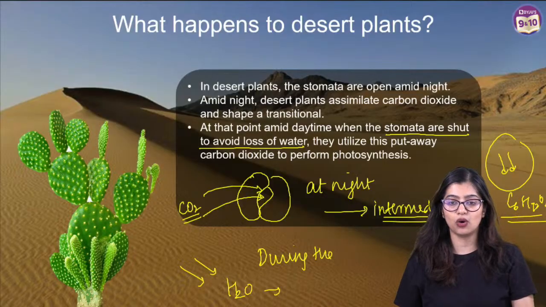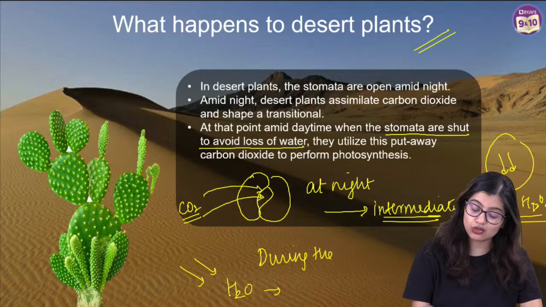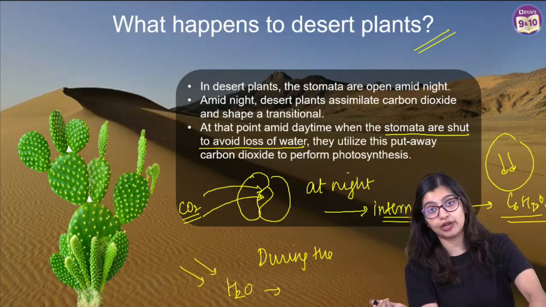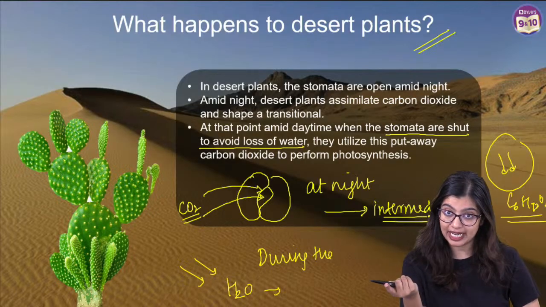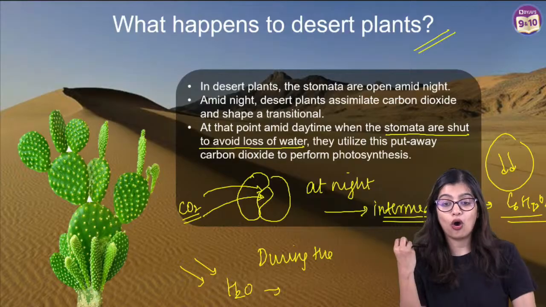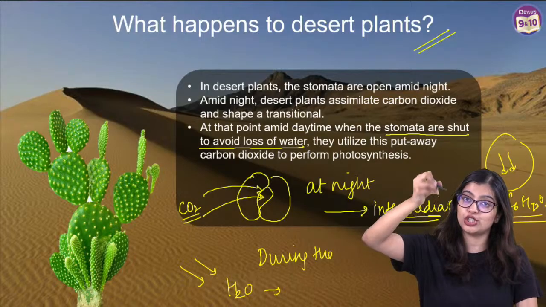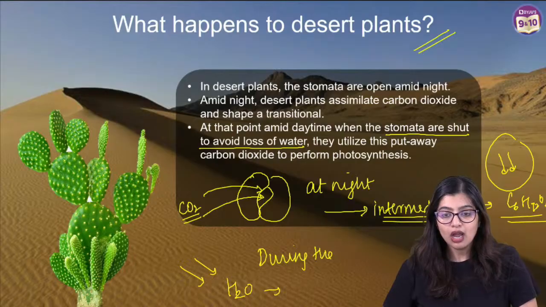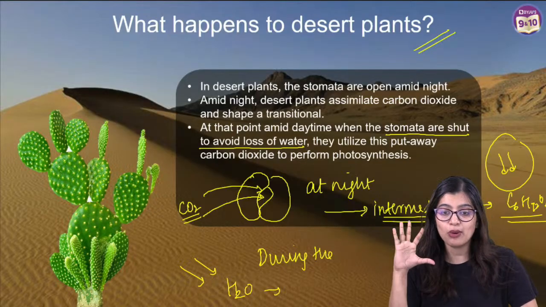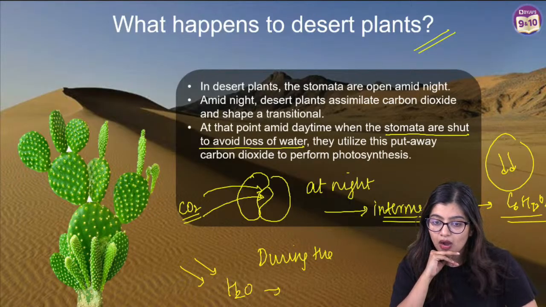Okay. So in this particular case, as you all see, in desert plants, stomata close during the day and open during the night. They take the carbon dioxide at night, convert it into an intermediate product called malic acid or malate, and then later on in the morning, they use the light energy to split the water and then the process continues. Okay. So I hope all of you are clear with the concepts. Okay, very good all of you, very, very good.